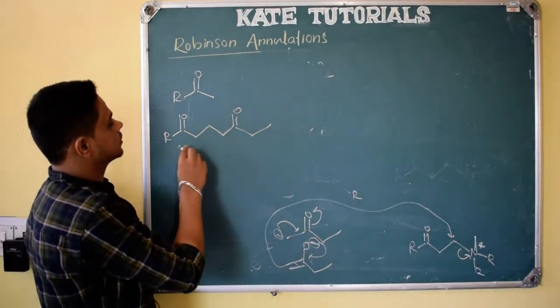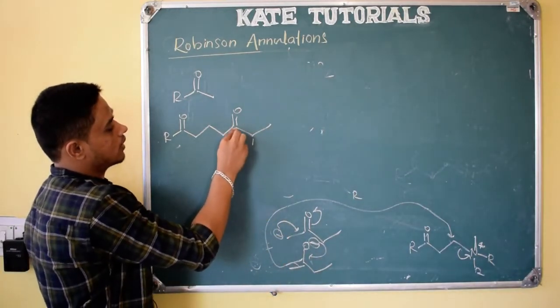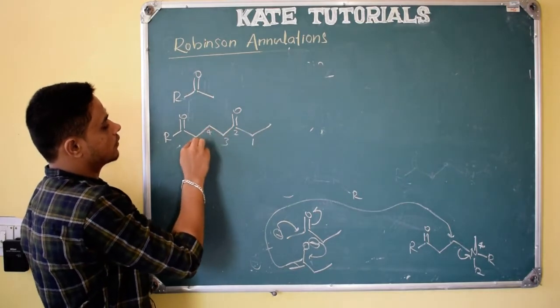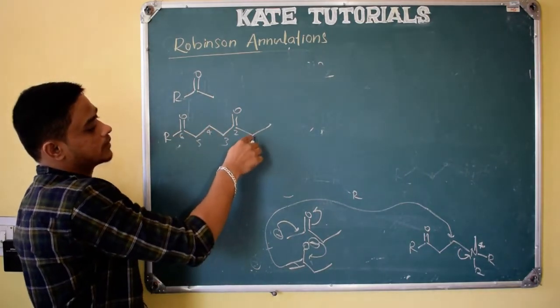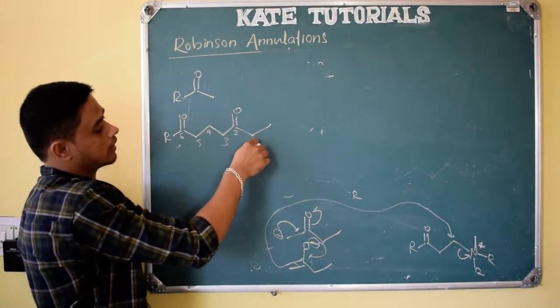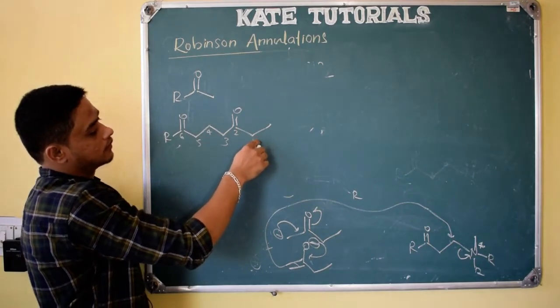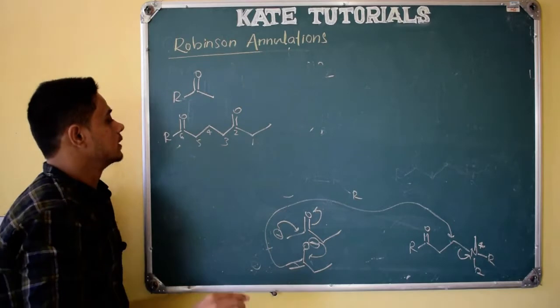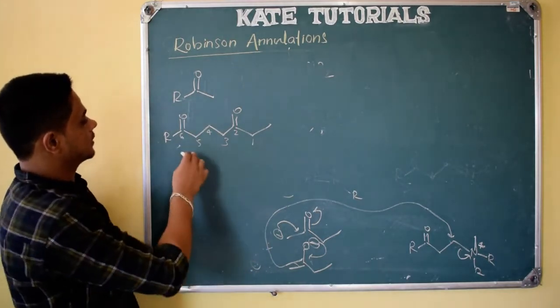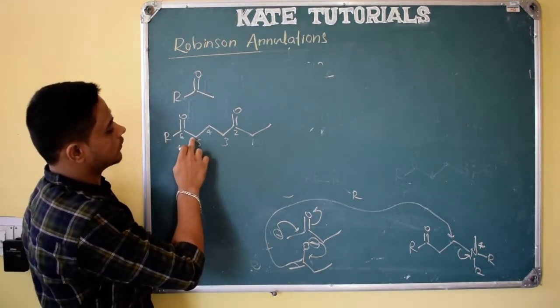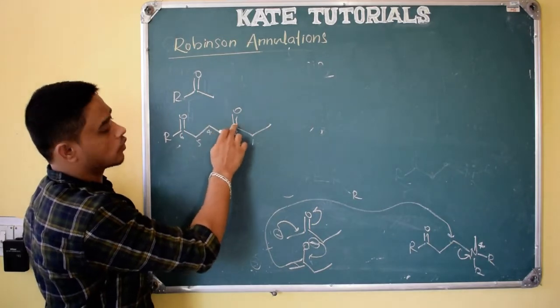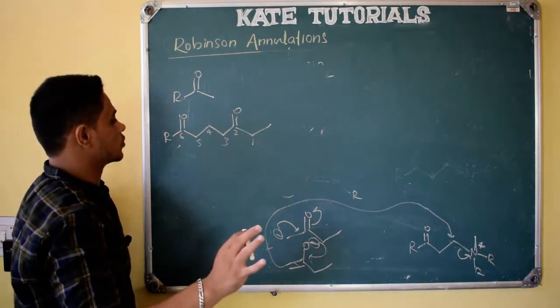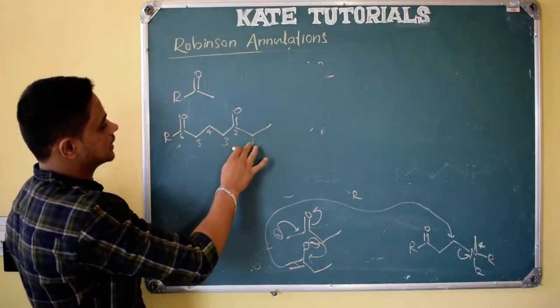So here you see 1, 2, 3, 4, 5, 6. So from this carbon, if I remove the proton, H plus, negative charge comes, right? From this I can easily form a bond, a 6-membered ring I can form. Any other possibility? If I remove a proton from this, then 1, 2, 3, 4, a 4-membered ring has strain, no use, right? So this is the suitable one.